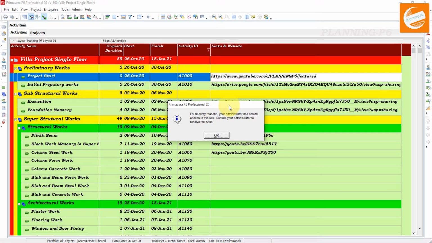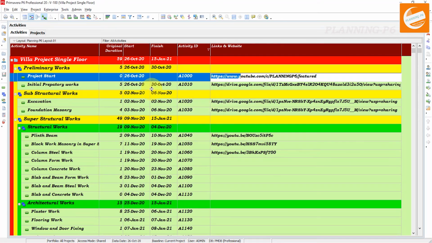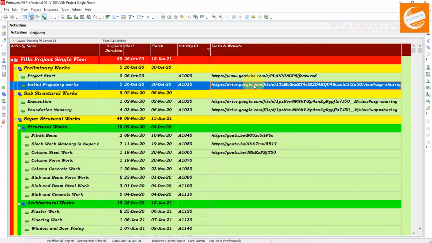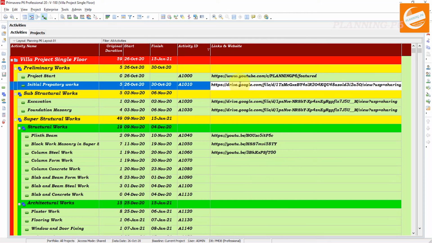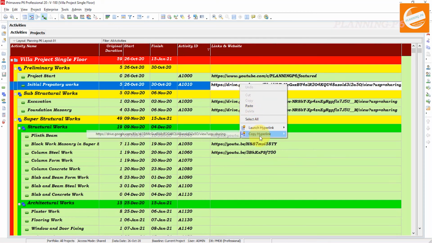We did not allow that link to work with Primavera. We have to allow those links prior to launching them. If I right click on the same row, these options will show, but I have to double click on that one and then I have to copy or launch it.